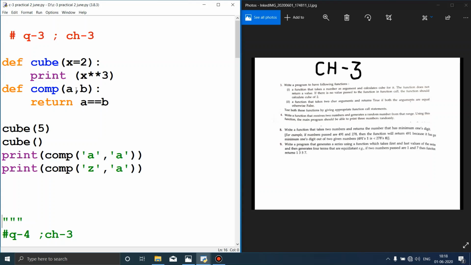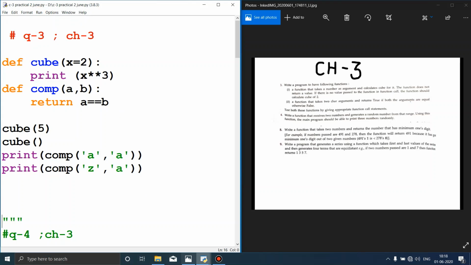This is a function call with the print statement. You are passing two arguments, a and a. Both arguments are equal, so it will compare the a value with a, and the b value is also a, so it will return 1. In the print statement 1 will be returned, so it will print true, and this will print false. So let us run this particular function.